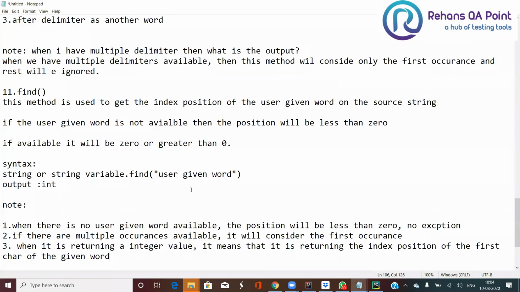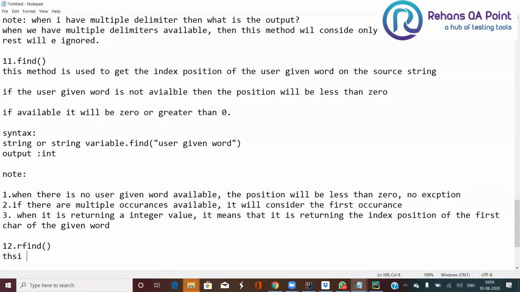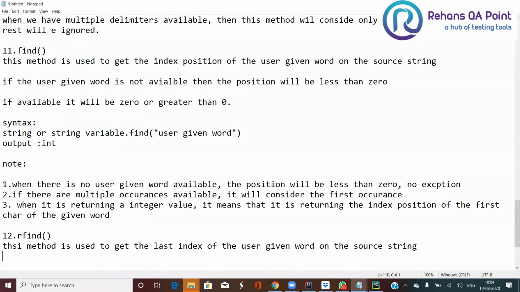There is one more method called rfind. This method is used to get the last index of the user given word in the source string. Whatever value I pass, if I want to get the last index of that, I use r in rfind. So I'm going to get the last occurrence.